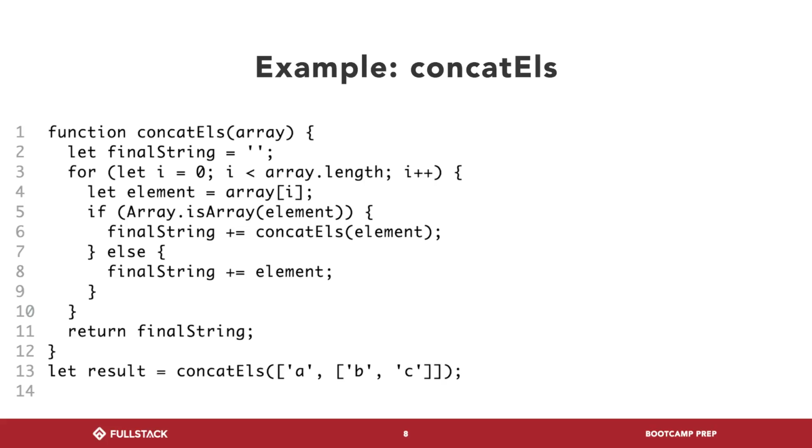In this case, the outer string will say, hey, great, let's process the A first. Great, my final string is now A. Let's process this inner array now as well. If the inner array returns a string called BC, this will say final string, which is just A, plus add BC to the end of you. And so now we actually have a way to capture the result as we go along.